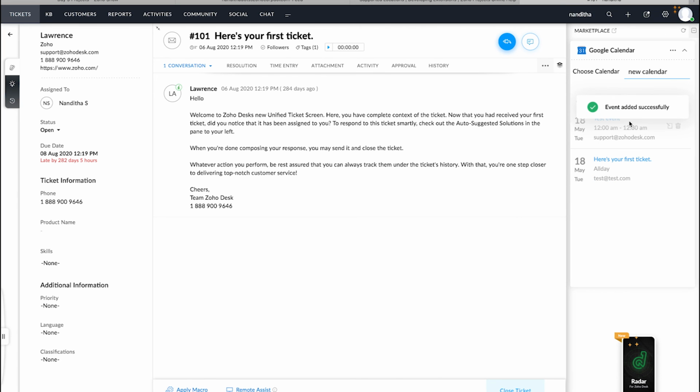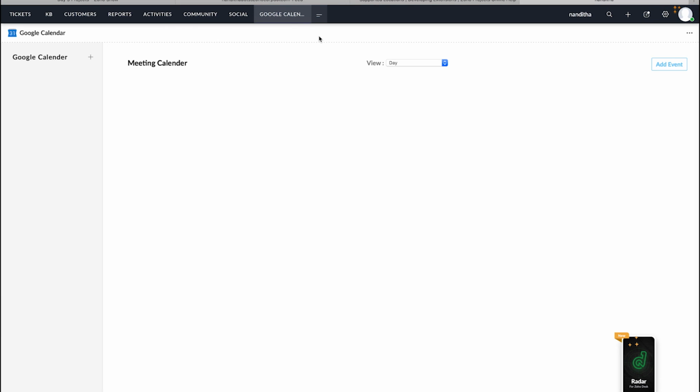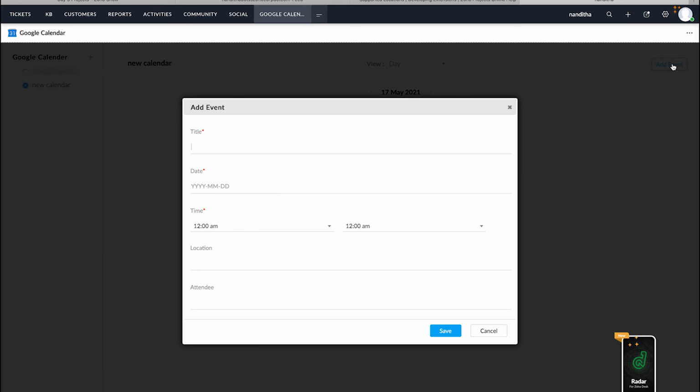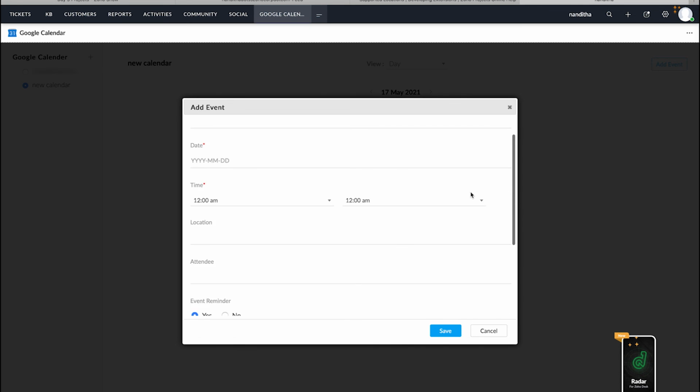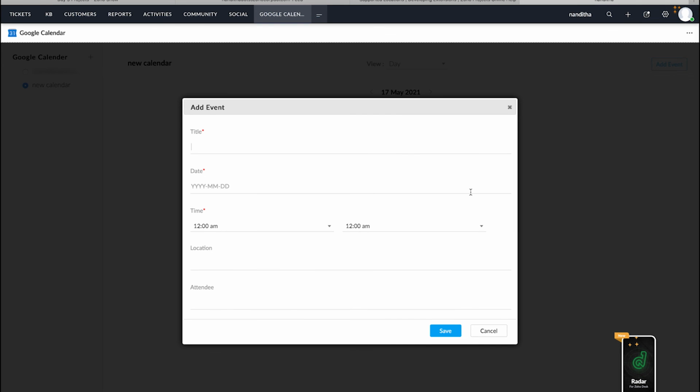the event has been created successfully and will be visible under this events tab, and this will also be synced with your Google Calendar. So this is how it appears in your ticket details page right panel. You can also access this from your top band, where you can see that here you have this option to add a calendar itself, which will be synced to your Google Calendar as well. And inside a particular calendar, you can create a new event using this add event button. So this will be associated with that particular calendar in your Google Calendars.